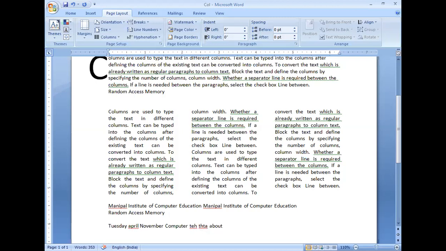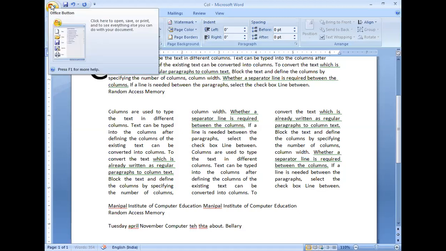For example, my city is Bellary. Earlier, we used to type Bellary as Bellary. But whenever I type Bellary, it should change to Ballari. So this I want to store in an autocorrect entry. How can we store this so that Bellary is changed to Ballari? Let's come to know how to store it in an autocorrect entry.